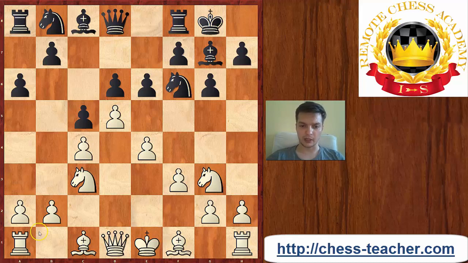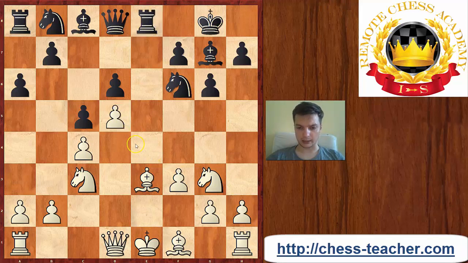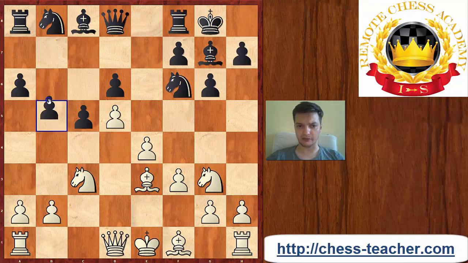So for example, if Levon played a move like bishop e3, which is not the move that he played in the game, then e takes d5 looks pretty interesting. Of course, we don't want to take with the e pawn because then black plays rook e8 and actually makes a very annoying pin on the bishop on e3. So instead, most likely c takes d5, but that would be met with b5,